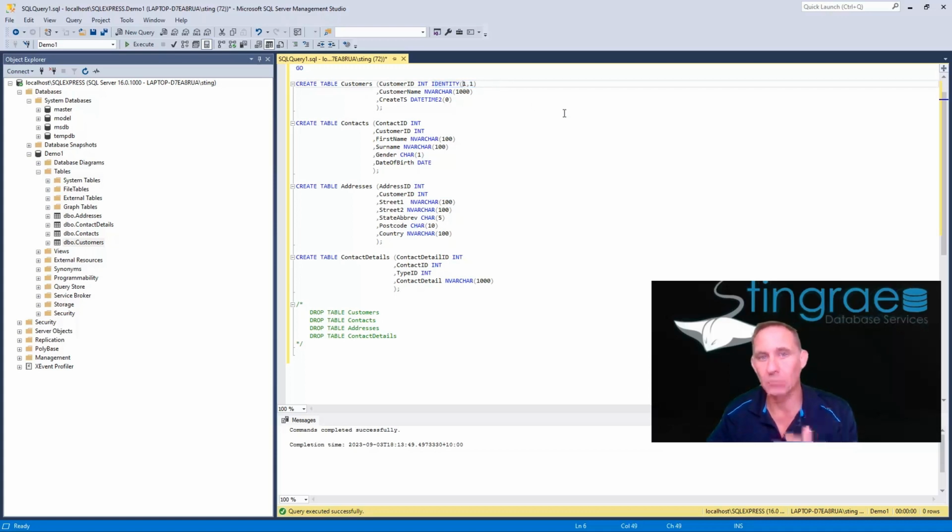And the 1, 1 means we're going to start with an integer of 1, and we're going to increment by numbers of 1. Now, if you want, you can make it minus 15,555 and increment 1. And that's a way if you want to double the size of the table. But in reality, in the real world, if you had a table that needed more than the largest number of an integer,